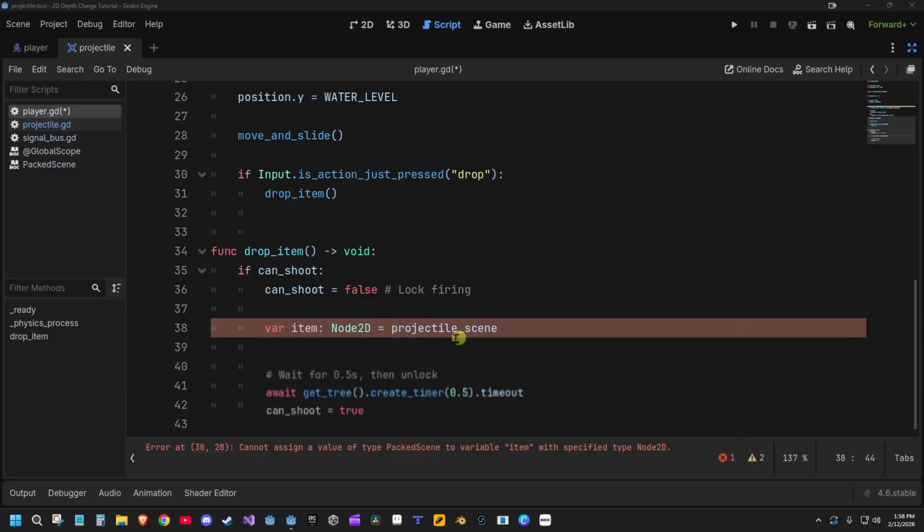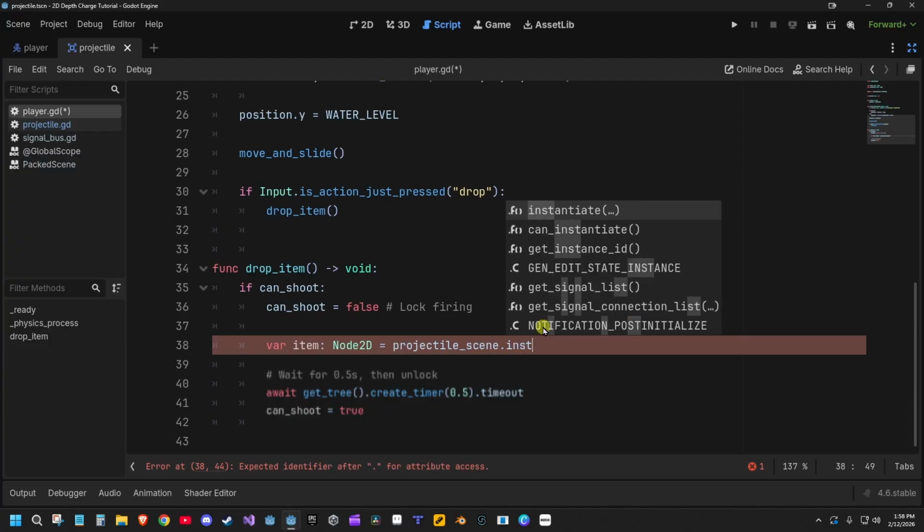Basically, since every 2D object inherits from Node2D, and we just really need to access the position, we don't need anything else. If we ever need to swap it to anything else, the code won't break. That's it. Great. Now that we set the projectile scene, we want to instantiate it, which means we're going to